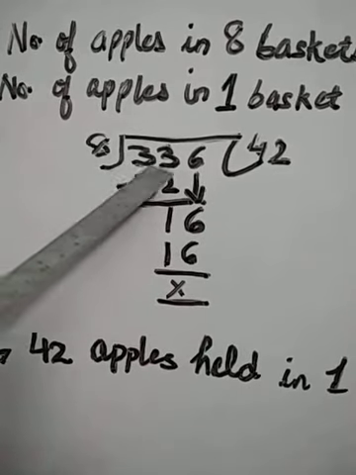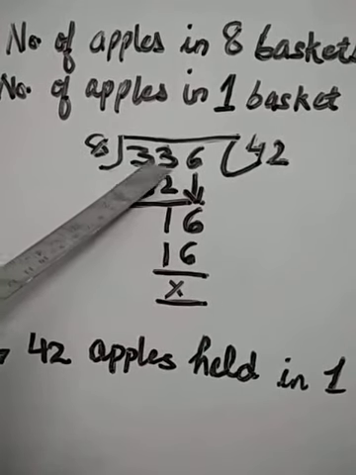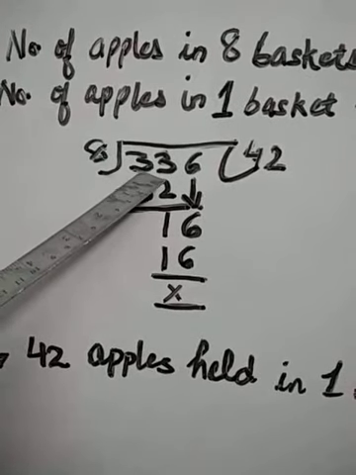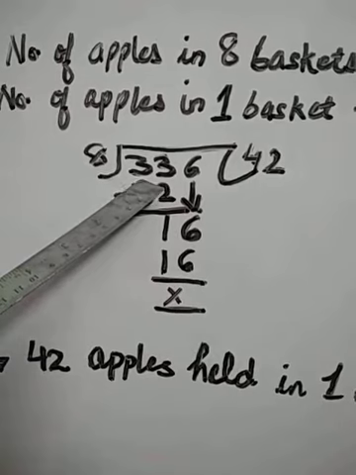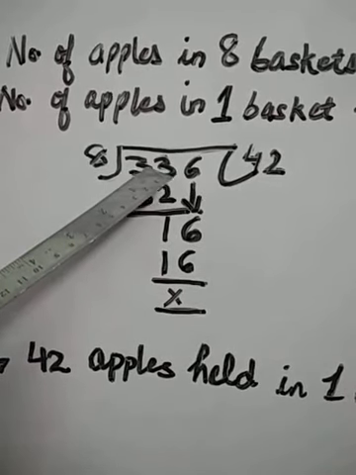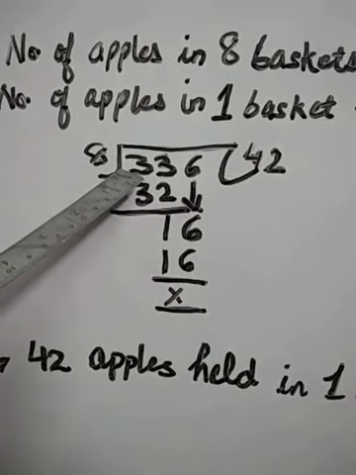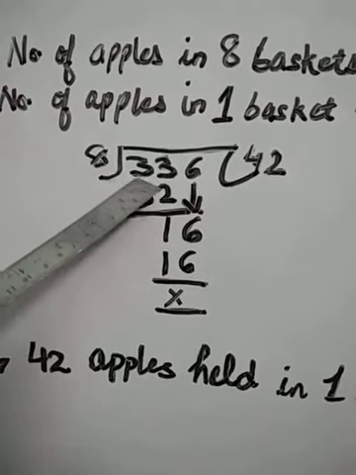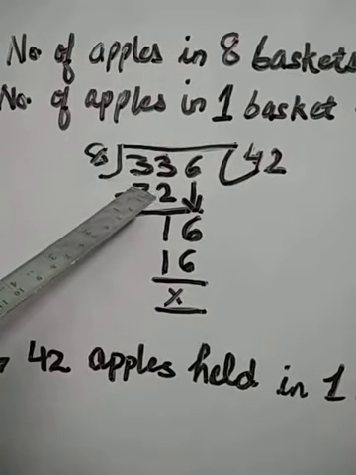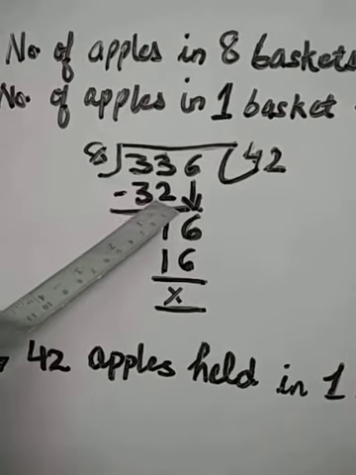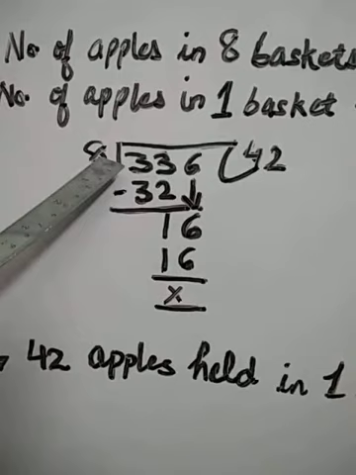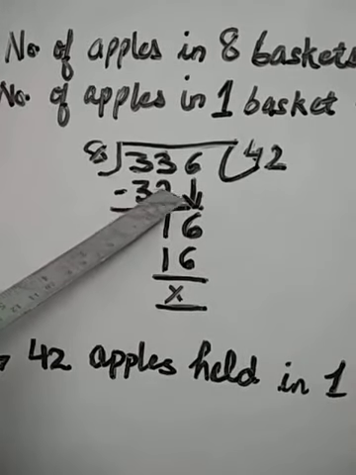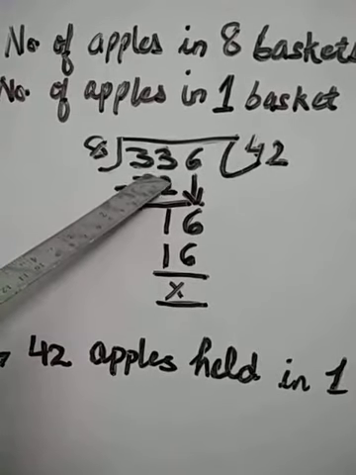So what will I do? I will take the next digit. So what is the number? It's 33. So now I will repeat the table of 8 in my mind. Does 33 come in the table of 8? No. But here is one number that comes in the table of 8, but that is smaller than 33. And the number that comes in the table of 8 is 32. And 32 comes in the table of 8 at 4. Means 8 4s are 32. So I will write 32 below 33.